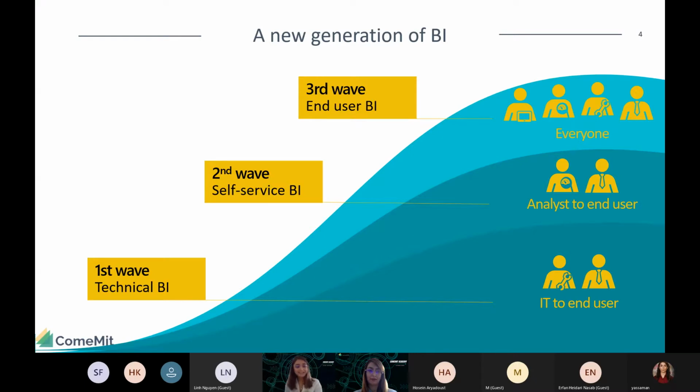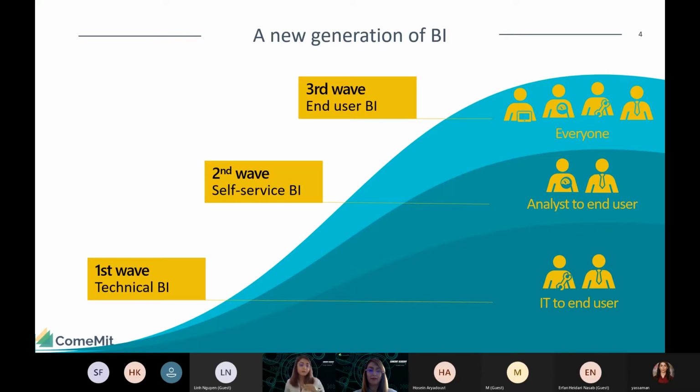Believe it or not, especially in Germany, we are still in the first wave, jumping to the second wave. The third wave is still far for so many companies, especially classically managed companies, companies who are working in finance sectors, who are so closed regarding security and privacy issues. That's why there are still challenges in the first wave. There are still reports which are just done by IT people, and we are trying to bring this second wave into companies and projects like this.